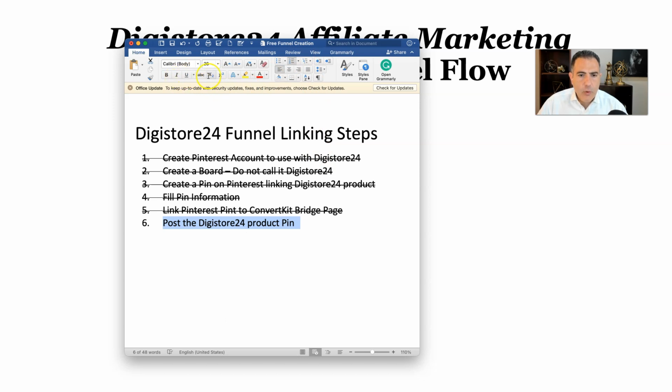Before I go any further, I want to give you something you need to understand. I've noticed some people are using the same thing that I am giving you. Do not use the same pin that I gave you. I created a value pin, which I explained to you. People are more likely to click on it, but you don't have to use it.